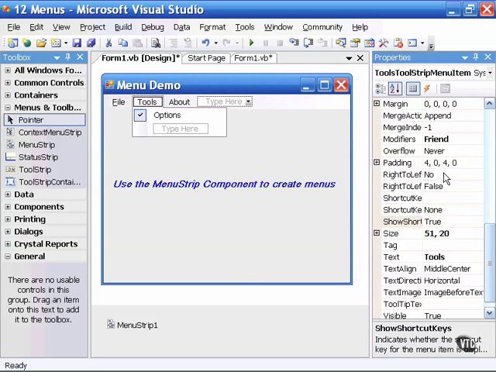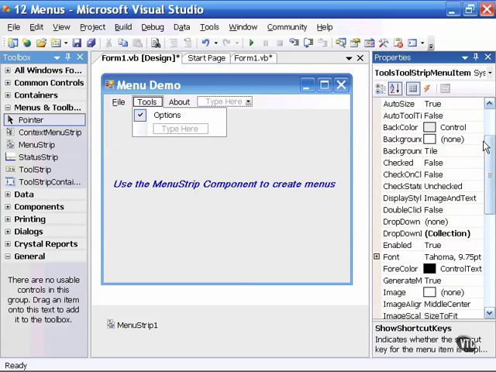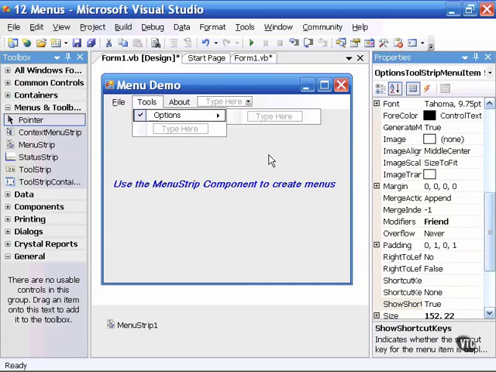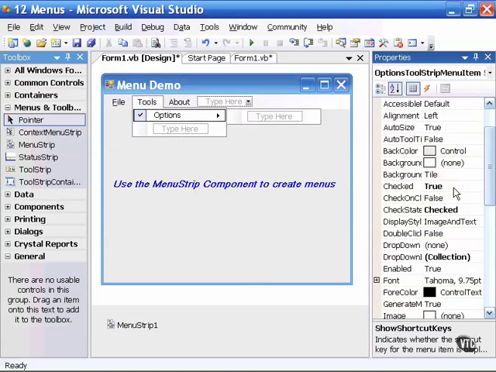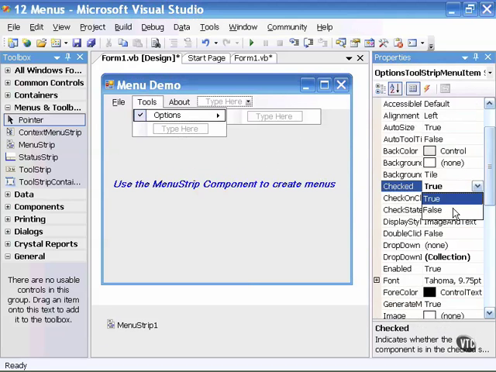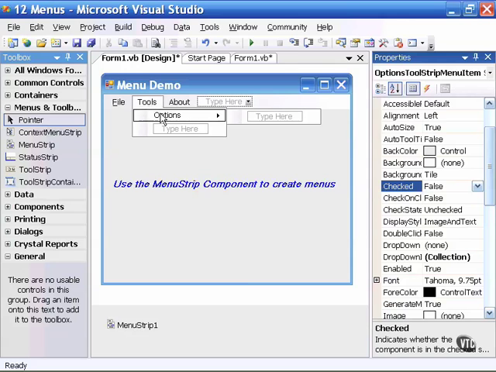For example, if I choose Tools and Options, you can see there is a check mark. That's because I have changed the checked property for that item to true. If I change it back to false, which was its original, there's no check mark there. But changing it back to true now creates this check mark. If you create a menu item that can be turned on and off, you should include the check mark to indicate its current state. To change a menu item state in code, you set its checked property to true or false, depending on what the